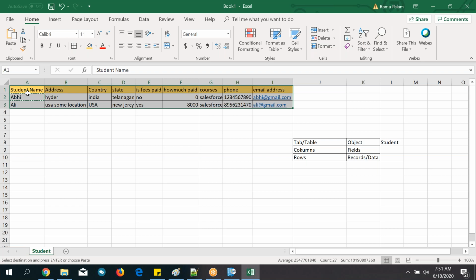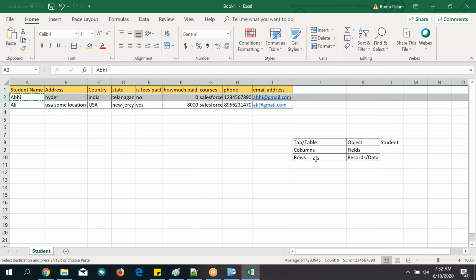I have bought a Salesforce license, and I want to store your details in Salesforce. In that case, first I need to create an object for this, then a tab, and next I need to create fields. For each column I need to create a separate field, and each row in the Excel sheet is nothing but a record in Salesforce.